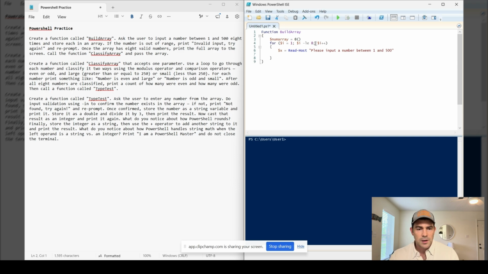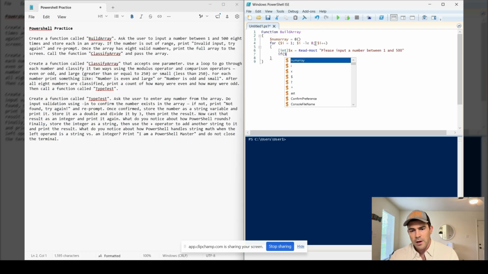And then I've got to give it some parameters because it needs to be between 1 and 500. And actually, I'm going to put this here in the front, [int], which means integer, so that they can only input an integer or a number. And then I'm going to put an if statement. So if x is less than, -lt, if x is less than 1, or variable x is greater than 500, there we go, then this is what I want it to do if that is the case. So if that happens, then I want to write to the screen,